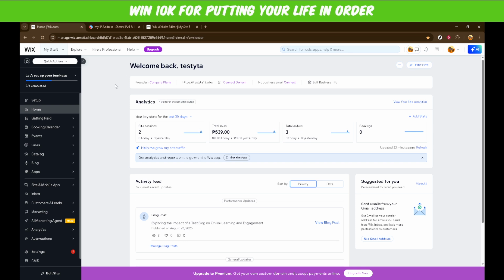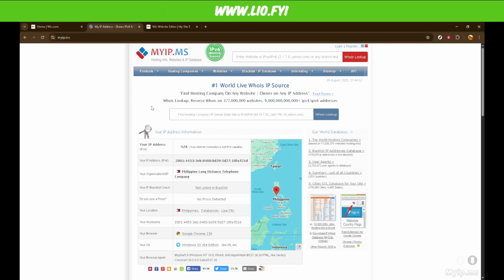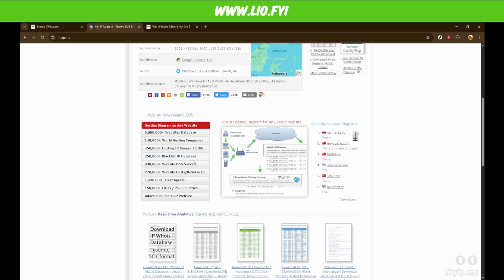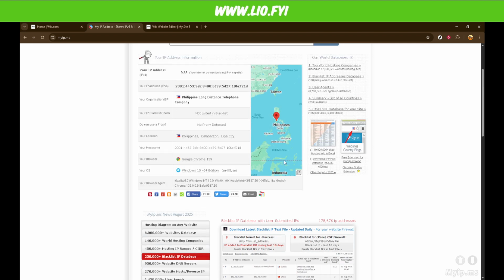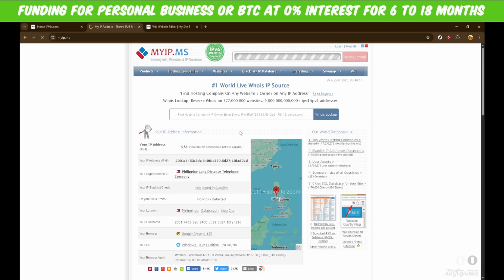Once you have the URL, head over to the website myip.ms. This is an incredibly resourceful tool that provides detailed information about websites beyond just their name servers. When you're on myip.ms, simply paste your website URL into the search bar on the homepage. Take your time to ensure there are no spaces before or after the URL, otherwise it might yield no results